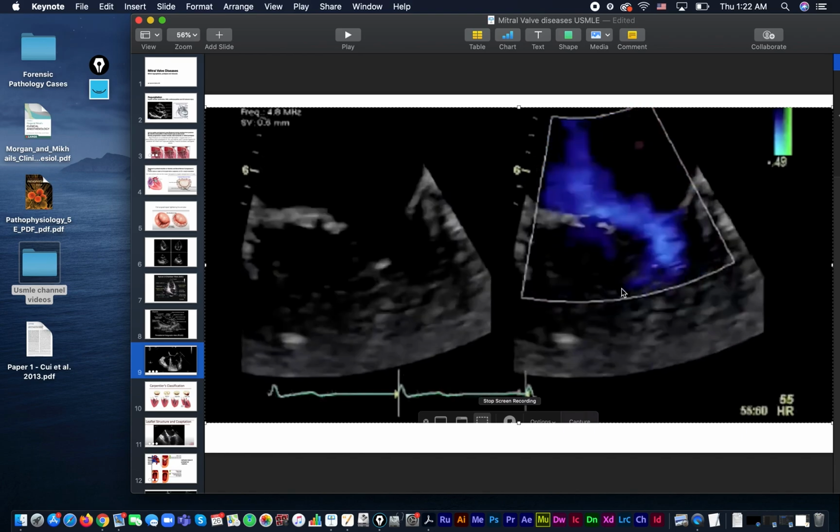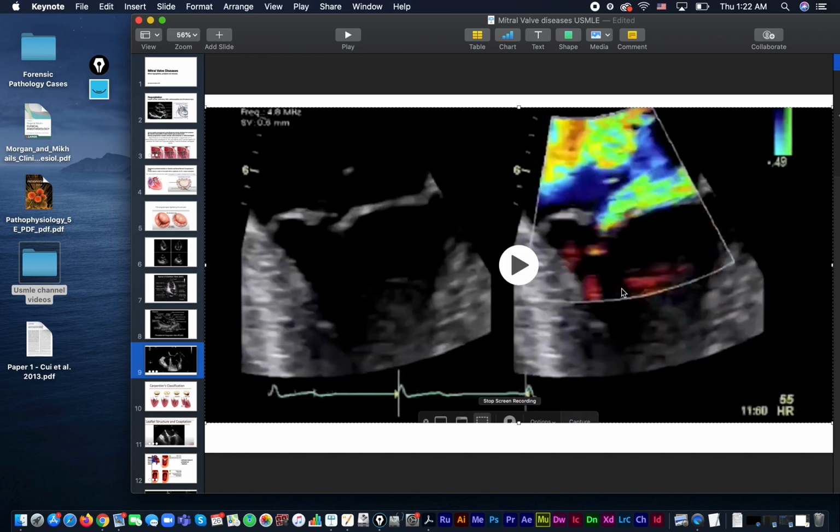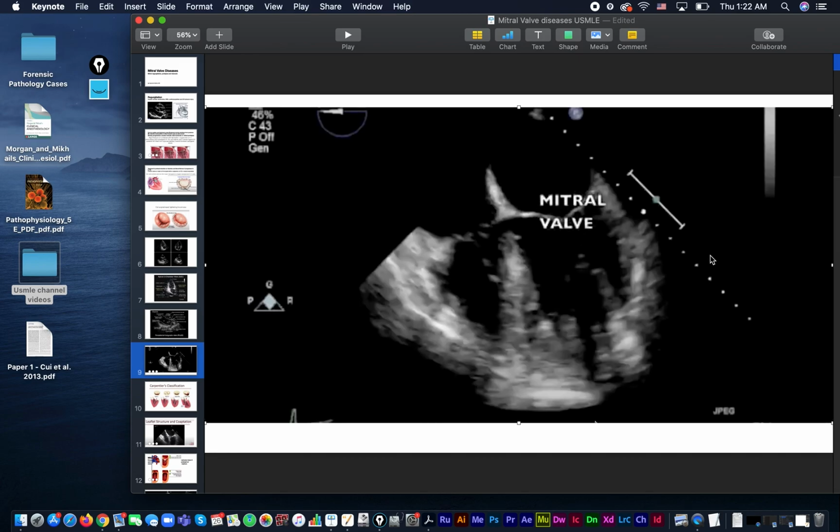And what's a flail cord? I like to tell people that anytime you're not sure what a medical terminology means, think about a flail cord. So we know that the leaflet is attached by chordae tendineae. So we know that the leaflet is damaged due to a flail chordae tendineae. And this is classically called,